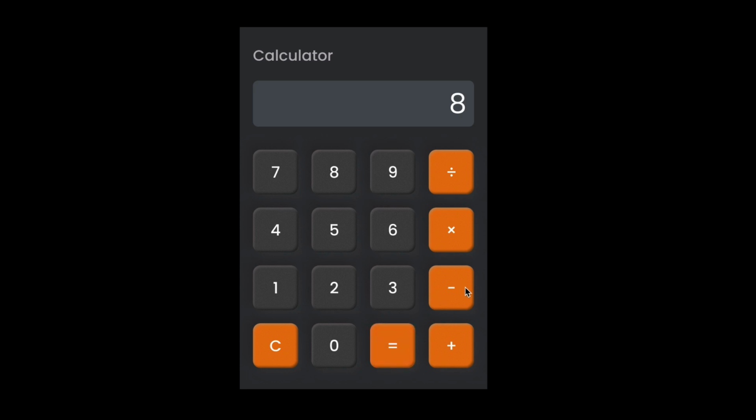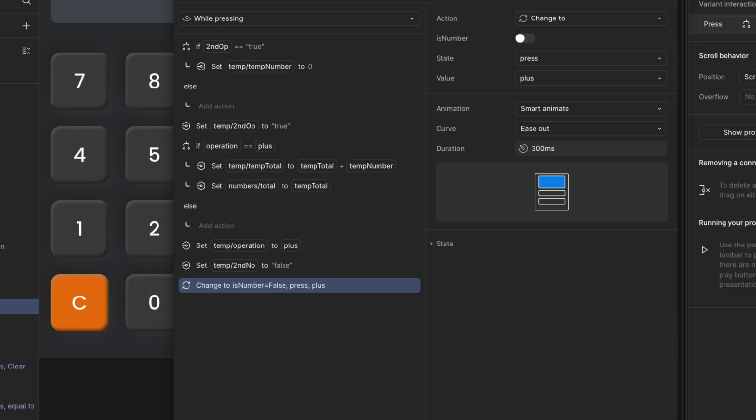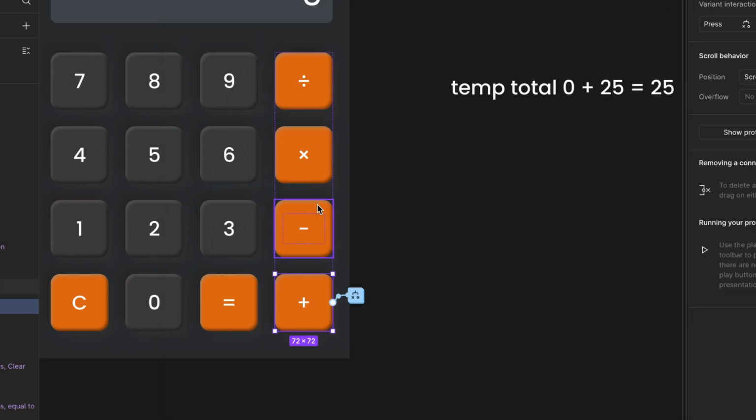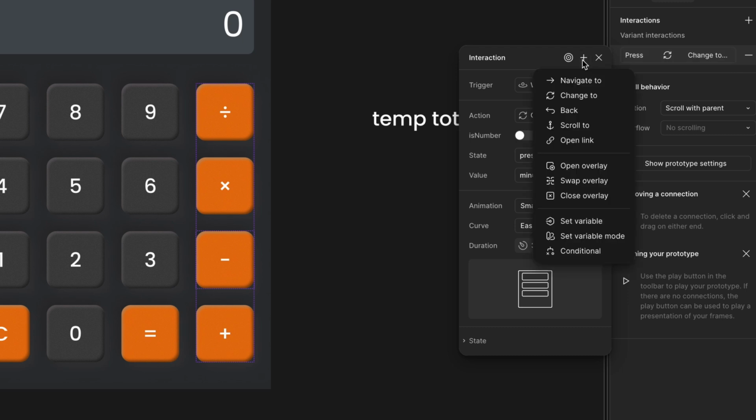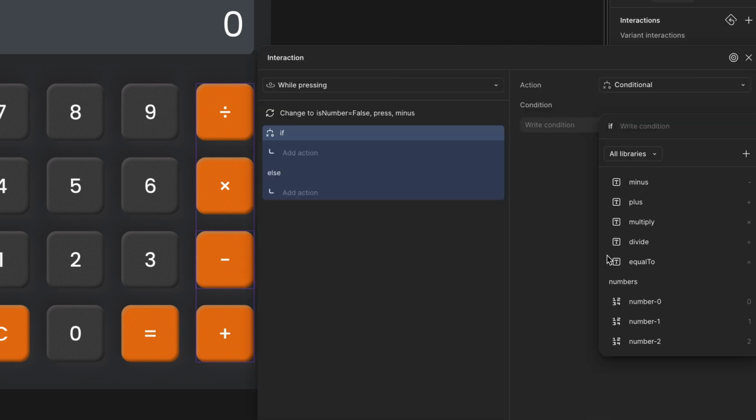Now let's set up subtraction. It's exactly like addition, except instead of adding the numbers, we're subtracting them using the temp total minus temp number logic. Let's see how it works. Let's set up the subtraction function. Just like addition, we'll first check second option, if yes,